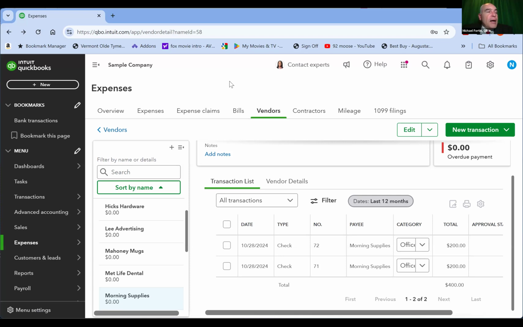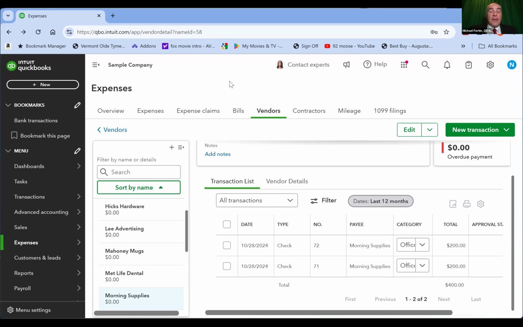Right. So sometimes you may have heard this, right? There are multiple ways of completing something within QuickBooks. It may be something you've heard along the way. And this is an example of that, right? So I entered the check in 2 different places in QuickBooks, and in the end, we end up in the same place. The check is recorded and it's in there.